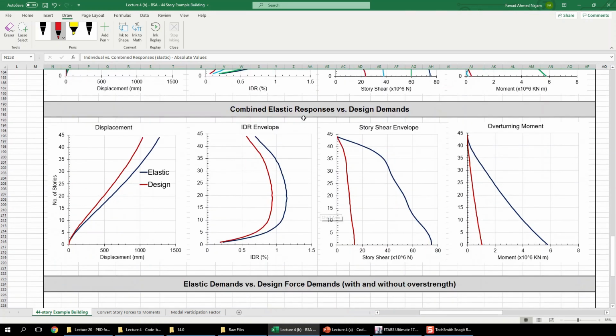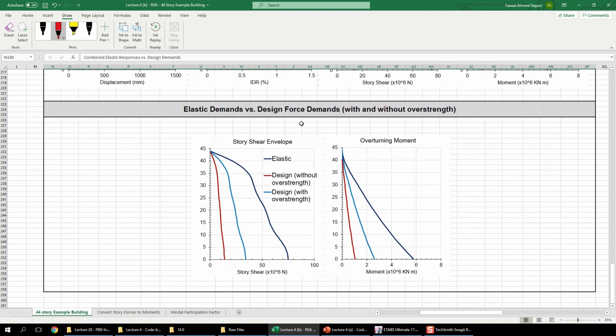So here I am comparing the elastic responses with the design responses. So the black line is the elastic response which you get from ETABS or manual calculation, but when you apply the code factors, you convert them into design demands. So for displacements you apply CD into I over R for these two values, but for forces you only reduce them with R and multiply with the I value. So there is a significant difference between elastic values of forces and the design values of forces depending upon the I value and R value. But for displacement responses, the CD value will bring them very close to the original elastic demands.